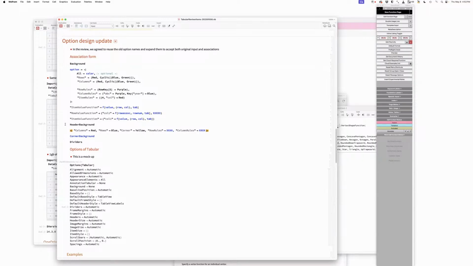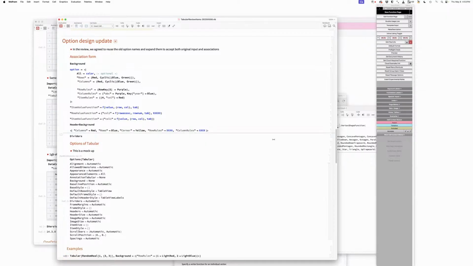All right, so this looks reasonable for header background. Do you agree? I think so. Okay. And those labelings work fine. Okay, next case. So we're going to ignore corner background. It's not going to be a thing. So the next case is dividers